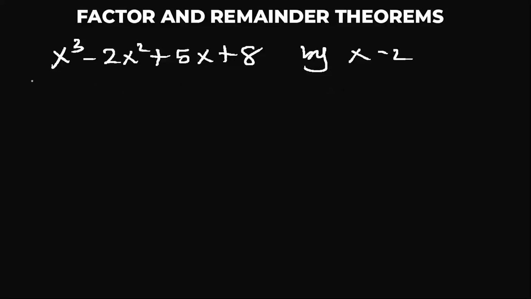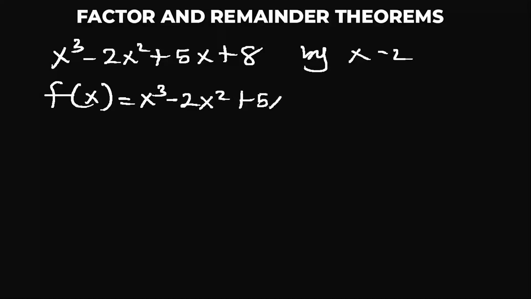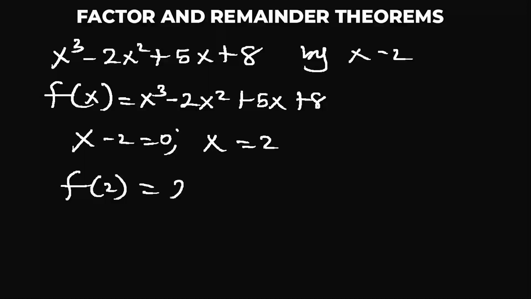So using the remainder theorem, what we need to do is to say f of x equals x cubed minus 2x squared plus 5x plus 8. So if this is what you have, then we say x minus 2 equals 0, then x equals 2. So f of 2 is equal to 2 cubed minus 2 into 2 squared, plus 5